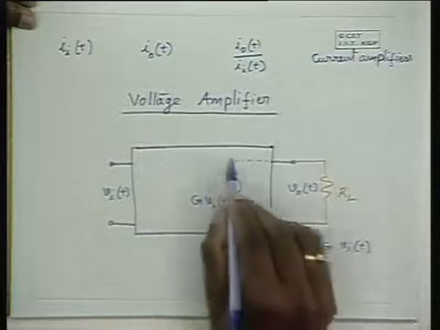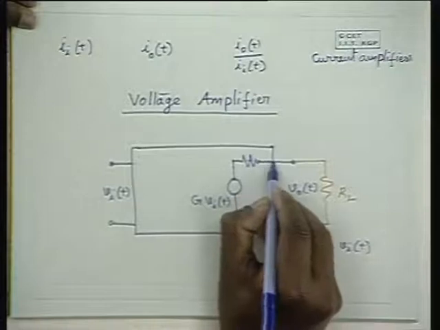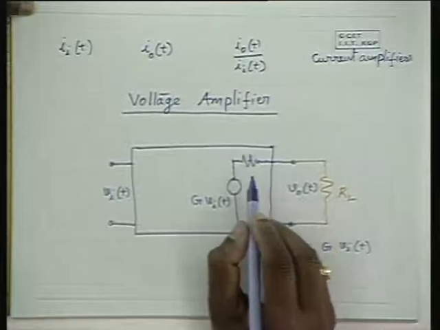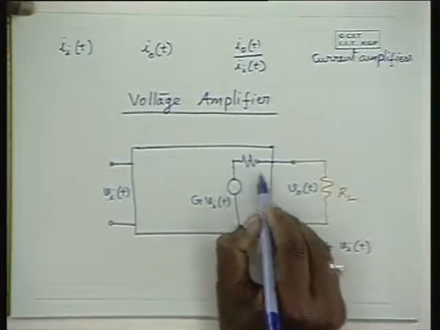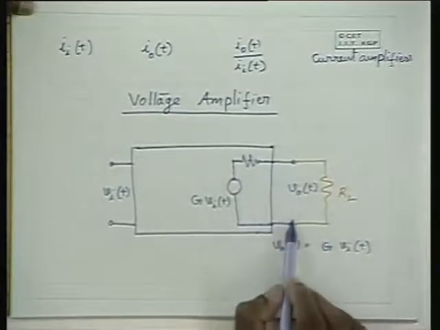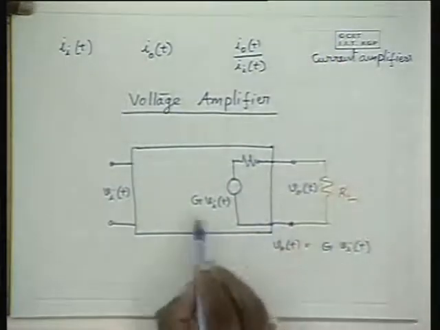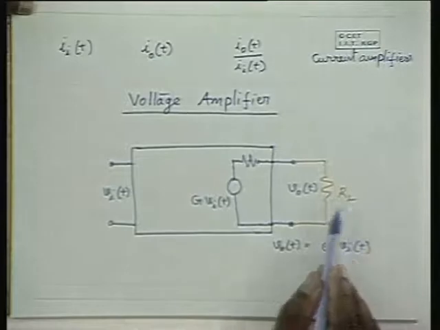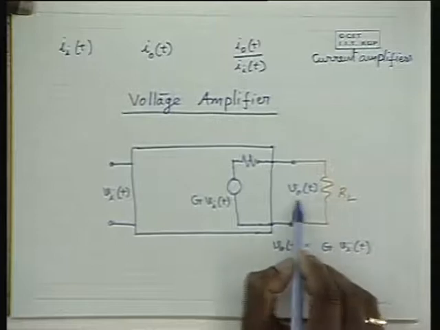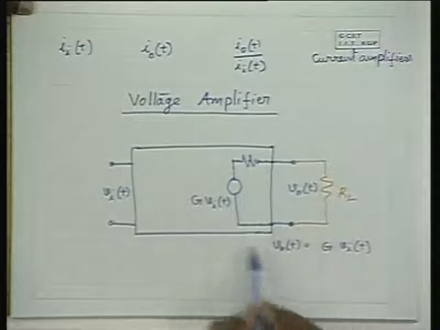Hence, the output side can be modeled in this fashion. This is acting like a voltage source, but not an ideal voltage source, therefore it can be modeled like this. So the output side of the amplifier acts like a practical voltage source whose output voltage drops from GVIT. When it is open circuited here, the output voltage is GVIT, and with some load connected, if the resistance is small, VOT drops from GVIT.